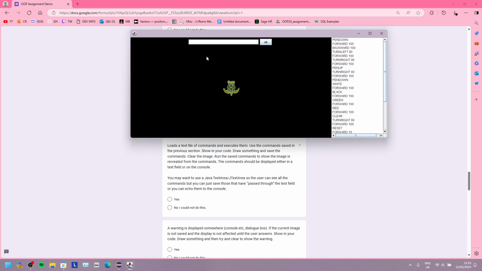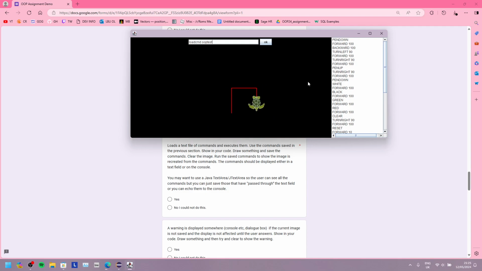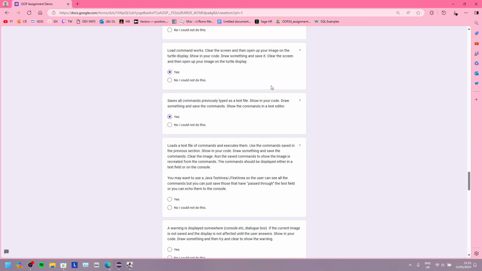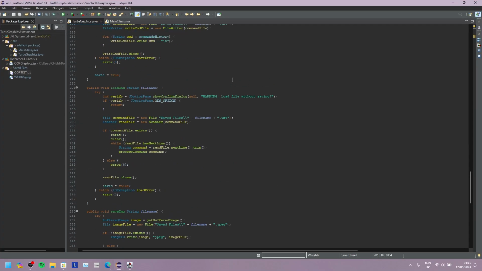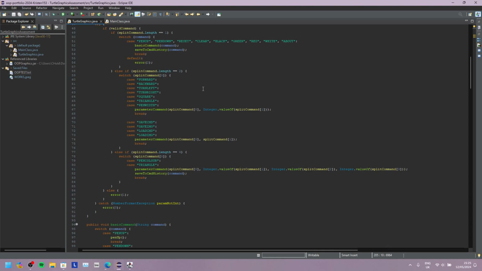So if I load cmd op test, warning load without saving, yes, and as you can see, it runs all of the code that have been entered so far. The code, again, same as save command,